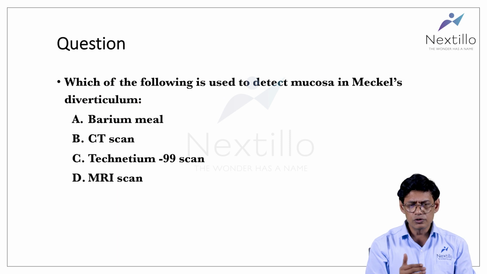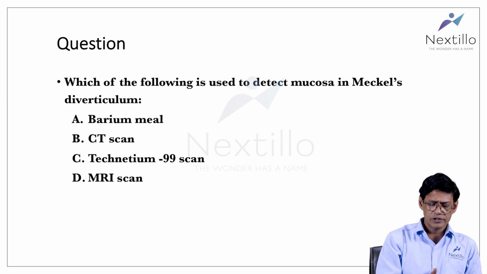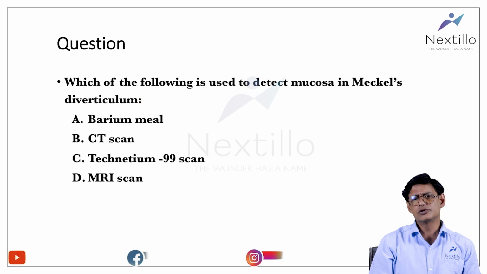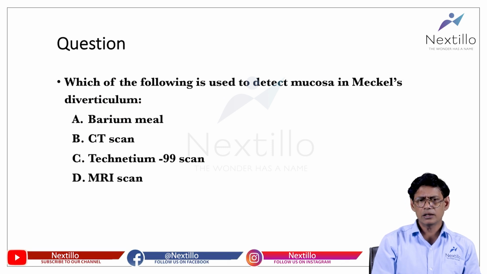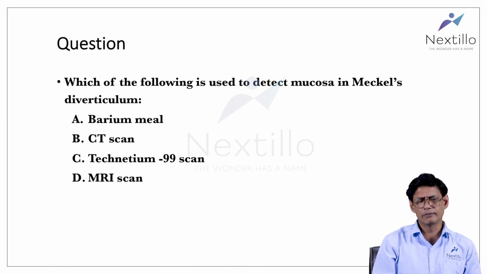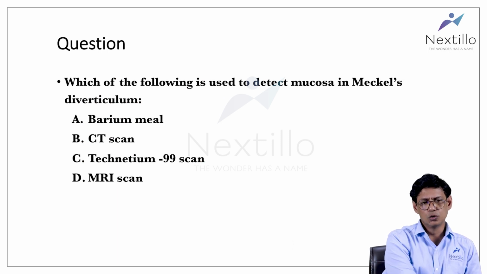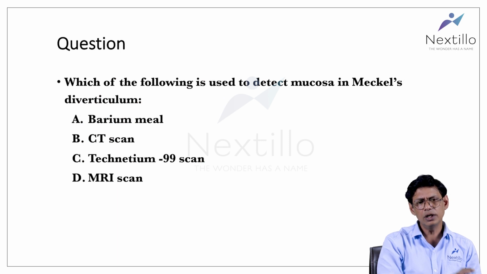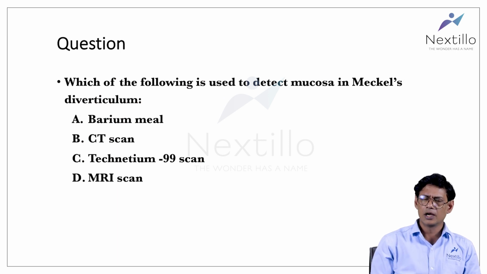Most of the patients of Meckel's diverticulum are children. We can say that somewhere around 50% or more of the patients of Meckel's diverticulum are children. So it is more common in children. This is the rule of 2 regarding Meckel's diverticulum. Seen in 2% of the population, 2 feet proximal to the ileocecal junction. Half the patients are children.